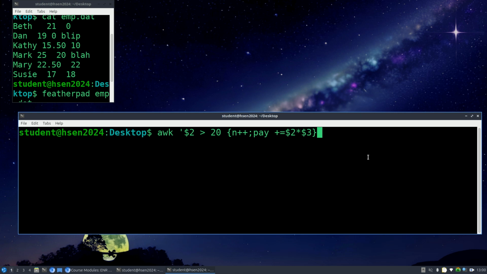Okay. So you see, we have two variables now, n and pay. Once we have these set up, it's going to go through the file, find all the employees that make at least $20 an hour, count how many there are, and add up all their pay. And then at the end, after that's all done, the next thing we're going to do is say